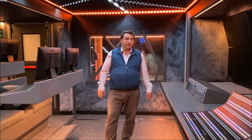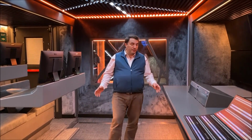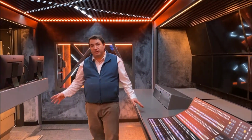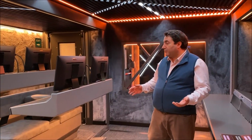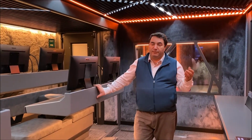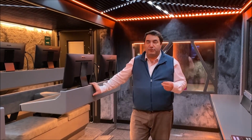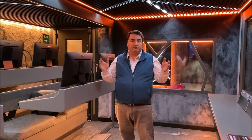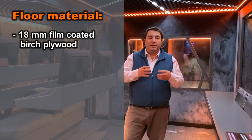Let me give some information about the materials we used inside the OBVAN. As you see, all our furnitures are with lacquer finish. Well, what's then under the lacquer finish? We are actually using boat grade plywoods, the ones that are used in luxury boats and yachts, that are very lightweight but durable, so that we don't want to make the vehicle unnecessarily heavy, but we also don't want to use a material like MDF or